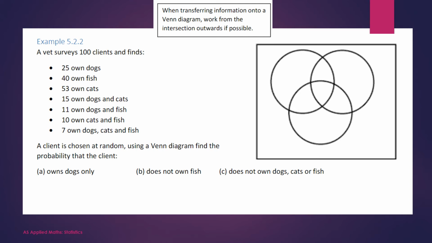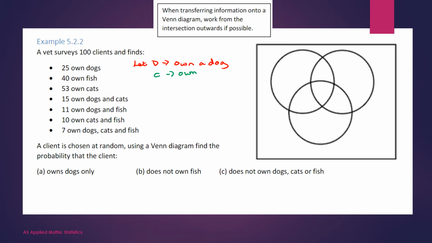So here's example 5.2.2. So we've got all of this information here, and I have got a Venn diagram to fill in. So we're going to label up our Venn diagram. If I let D represent Owen's dogs, we're going to let C represent Owen in a cat,